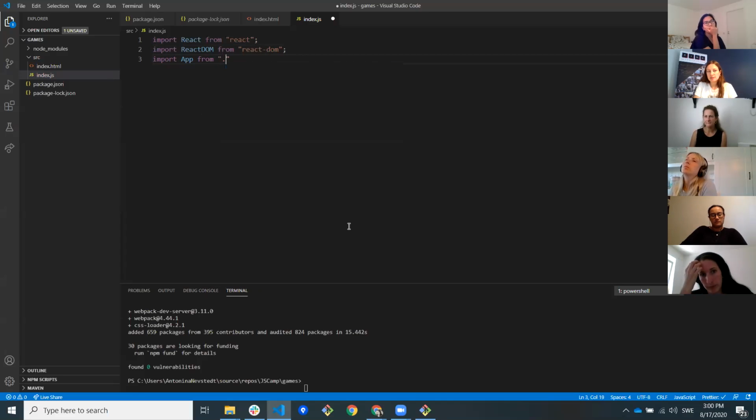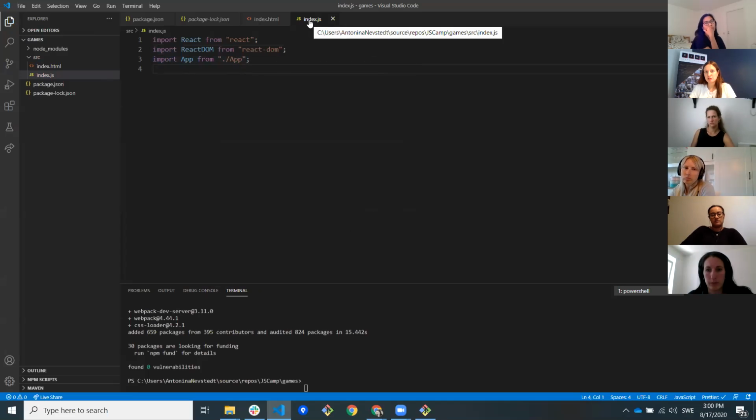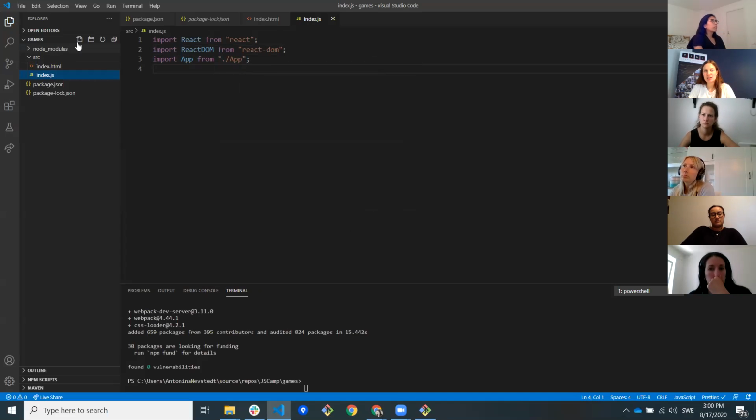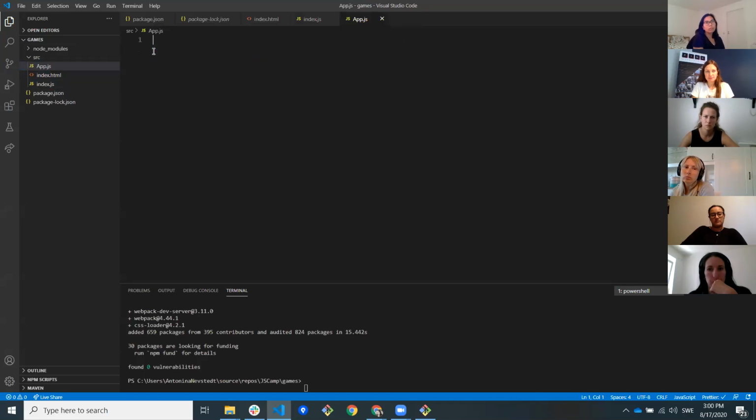And we write /app and then semicolon. So what it means is that there is a file called app next to this index.js. So let's just go create it because it's kind of weird that we don't have it yet. Next to index.html, next to index.js, new file app.js, big A. So the file is empty, but it's there. We're importing app from app